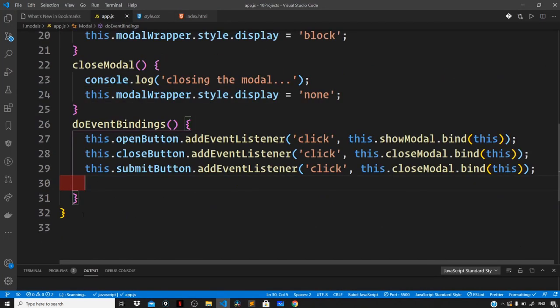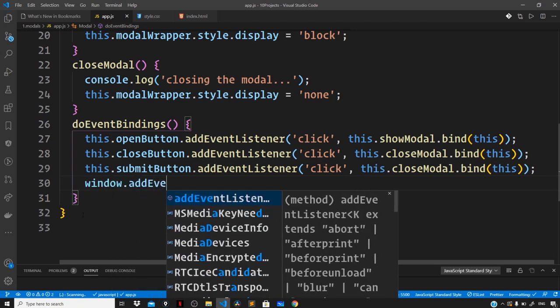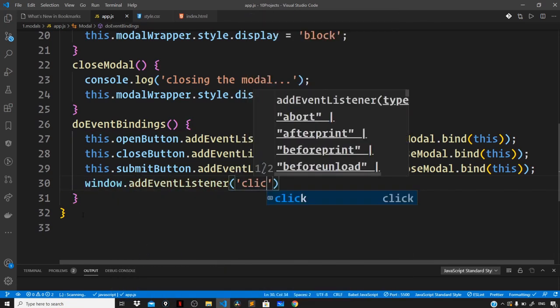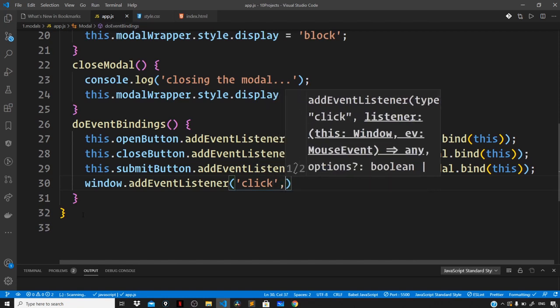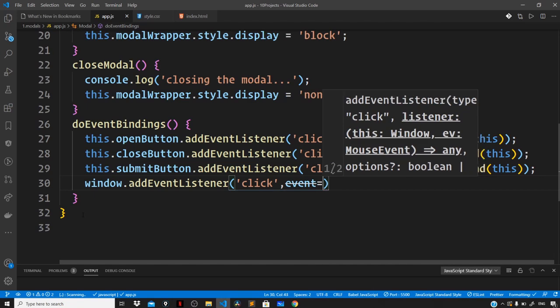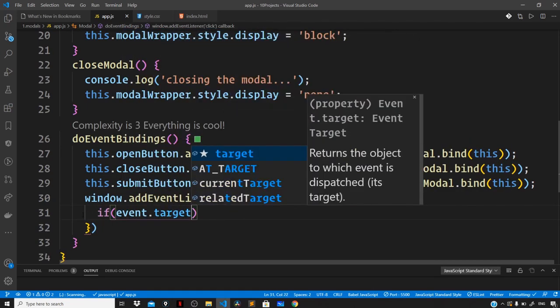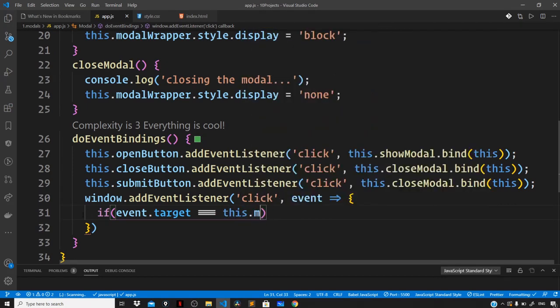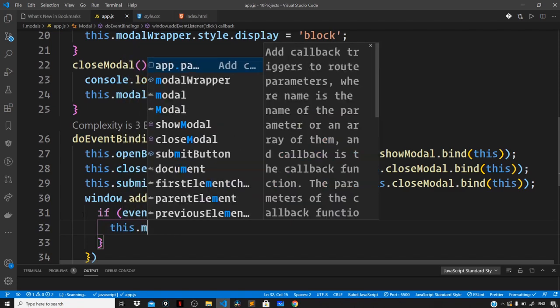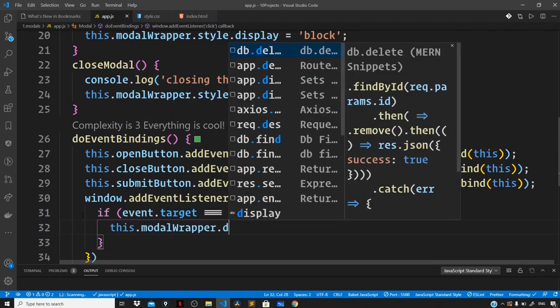So right here, let us listen for the click event on the window object. So window.addEventListener. So once the user clicks somewhere, we want to check the target of the event. So if the target of the event is the modal wrapper, which serves as the backdrop, so for this we can say event, and if event.target is equal to this.modalWrapper, which is the backdrop, then we set the display property for the modal wrapper